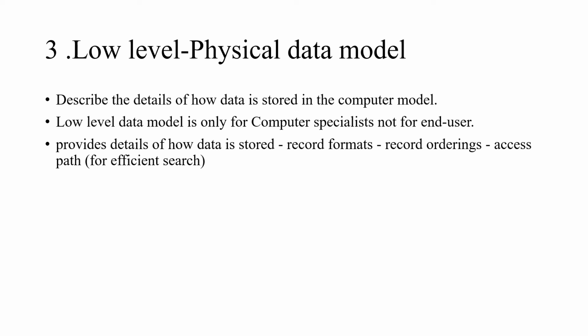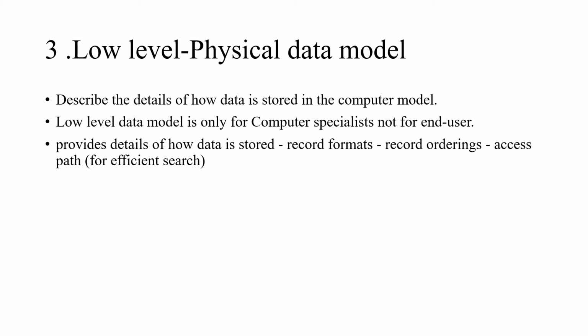A data model is a collection of concepts used to describe database structure. Database structure means data types, constraints and the relationships among those data. Data types means the name of a data. For example, student is a data, then the name of a student. These are the data types. For example, the name is a string value. That is the data type. And the relationship among those data, and constraints among those data.